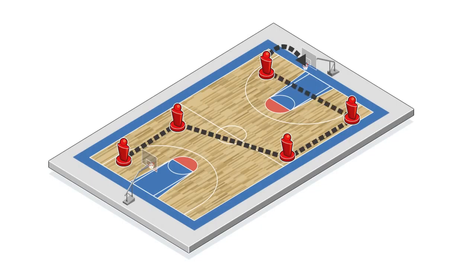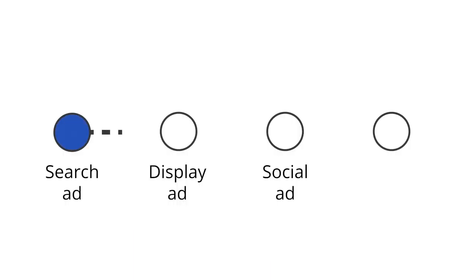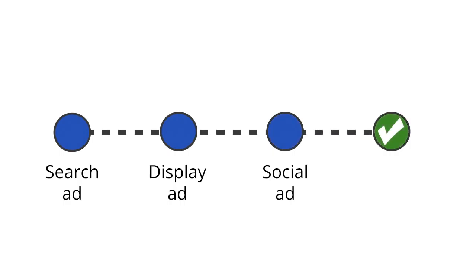If you were coaching a basketball team, you'd want to understand which of your players score goals and which of your players assist in the scoring. This helps you understand how your team works together to be more successful. It's the same in online marketing. If you think of the marketing channels as your players, some make assists and some score goals.